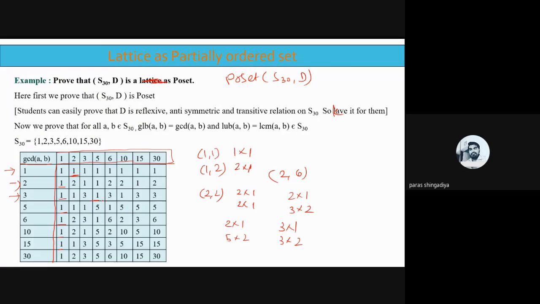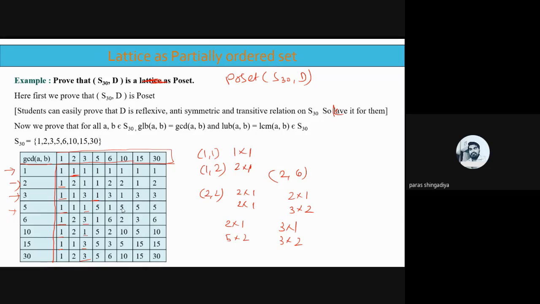And now use the numbers of the third row in the third column, that is 1 3 1 3 and 3, clear. Use this value in the third column and repeat that. And now change the number, that is 5, and make it pair 5 with 5, okay. So 5 with 5, 5 into 1, 5 into 1, 5 is the greatest common divisor. 5 and 6, 5 into 1, 6 into 1, so 1 is the answer.